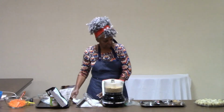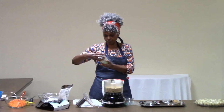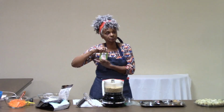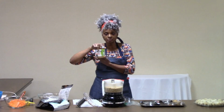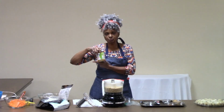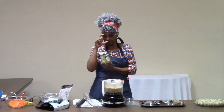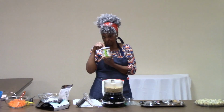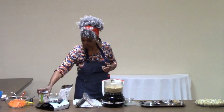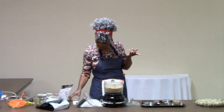So where's my jar? I found this in, I believe, Meijer. They have some of the most interesting things at better prices than the health food store, because I found a jar of cashew butter that was this big for about the same price as this jar. So once again, cashews,